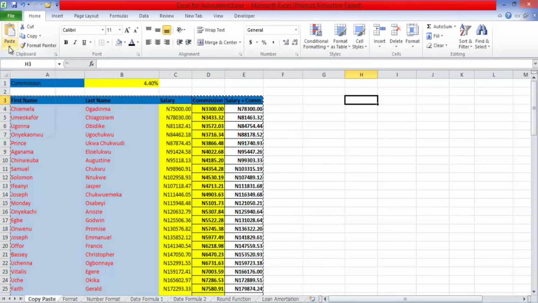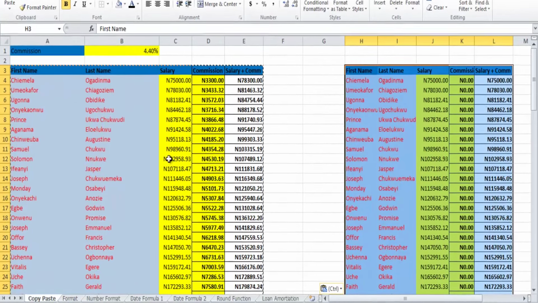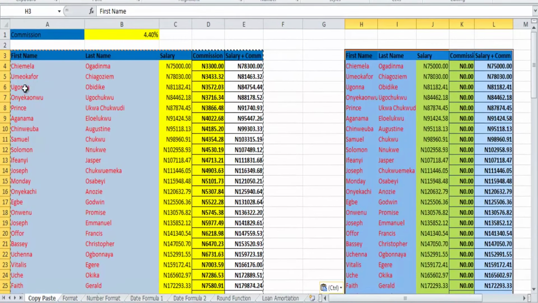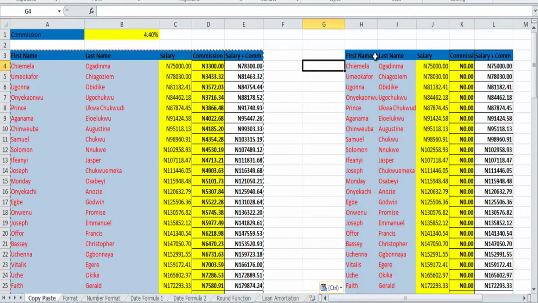Now you can see Microsoft Excel copies the formatting feature of the source data set of this particular data set. You can see the names are in red. Microsoft Excel makes the name red. The heading columns are bold and black. Microsoft Excel makes it bold and black, and you can also see the